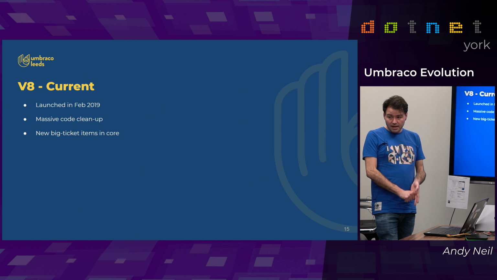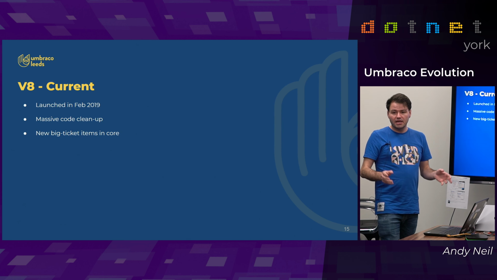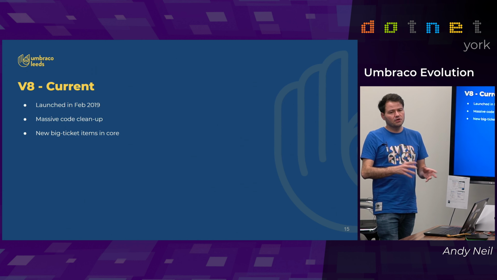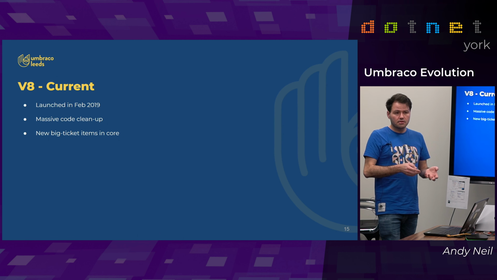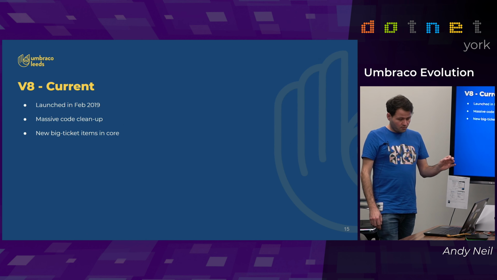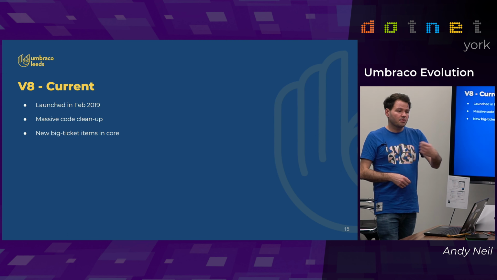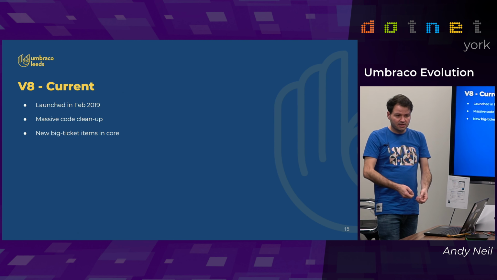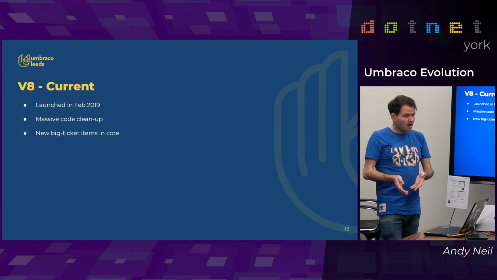The 2 really large things that they brought in with V8 was multilingual in the core. There've been several times in the past where people have written, and the biggest one's called Vorto, because Umbraco is really good for plugins. People have written Vorto, which effectively wraps all your properties and allows you to have each property as a multilingual property. And it works great, but again, there's different ways that you can use that, and you might want to use different tree structures, all kinds of stuff, but V8 gives you multilingual right down. So you say, get me a property value, and you can also pass in a culture at the same time. So it makes it really baked in, and unless you want to do something crazy, there is the right way to do it.